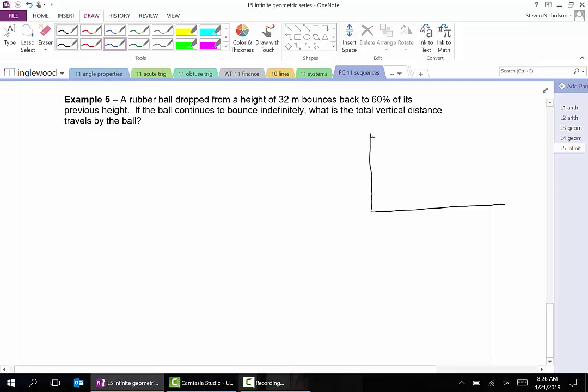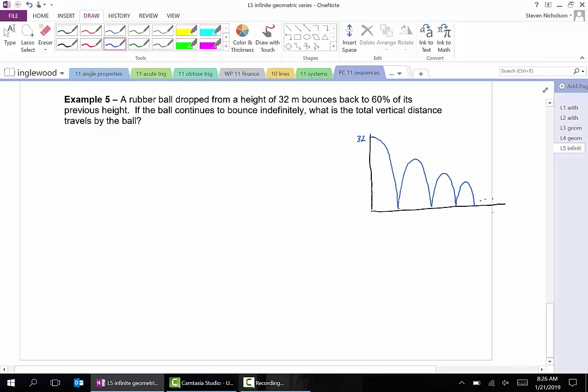So here's our 32 feet right here. The ball's going to start off at 32 feet, and it's going to bounce to the ground. And then it's going to bounce back 60%, a little over half, and it's going to go back down. And it's going to bounce 60% of that, and it's going to bounce back down, et cetera,